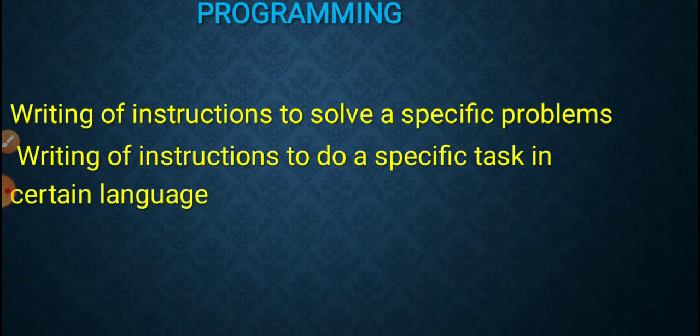It will act according to our instructions. So first we have to instruct them. We have to give the set of instructions to the computer. According to our instructions, it will perform some actions.